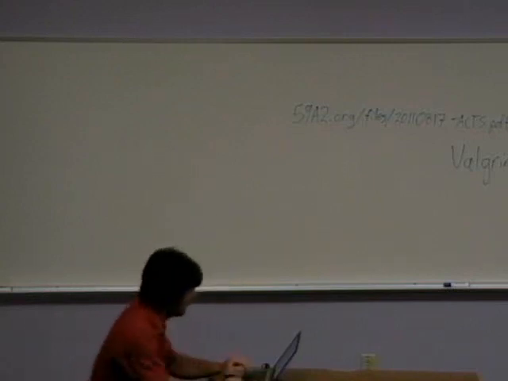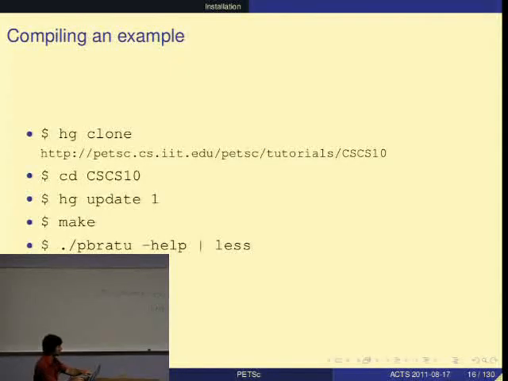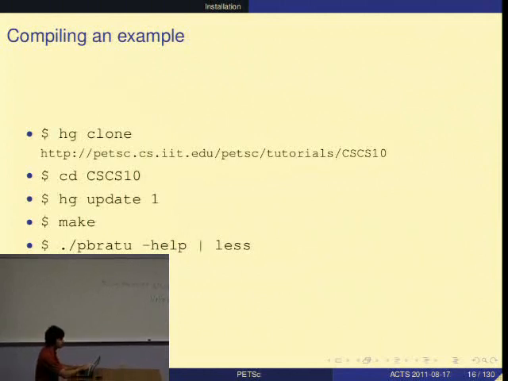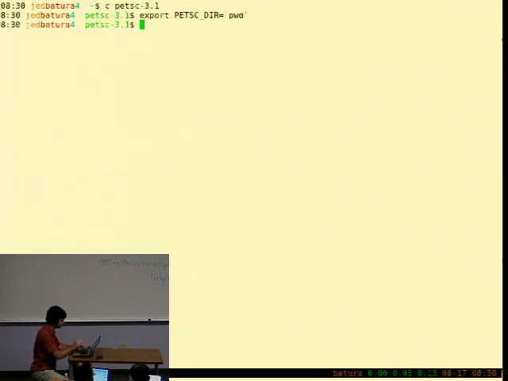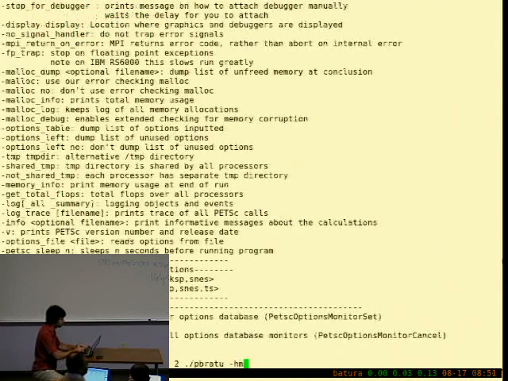Okay, so an example. This is the repository that we'll end up playing with later. So I do encourage you to download that. It says CSCS because that's the first time I did a tutorial like this with an example with this version of PETSc. So I have that checked out here.